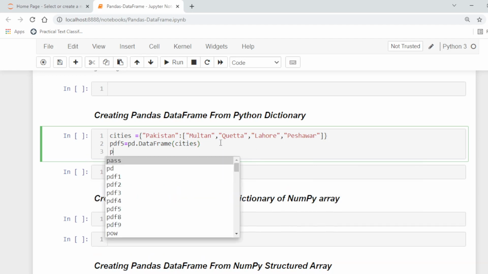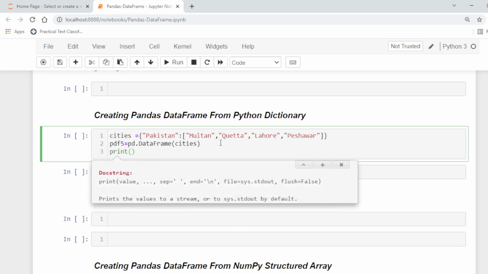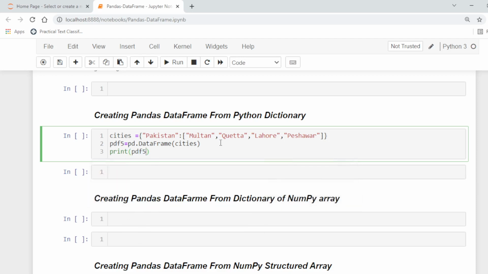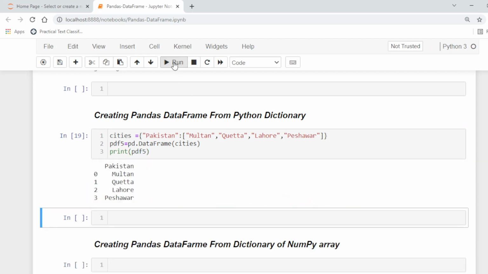Now to print pdf5, so we will get, basically, the key is taken as the column label and all the values of the list. Basically this is a Python dictionary. Similarly, we can create data frames of multiple columns also.